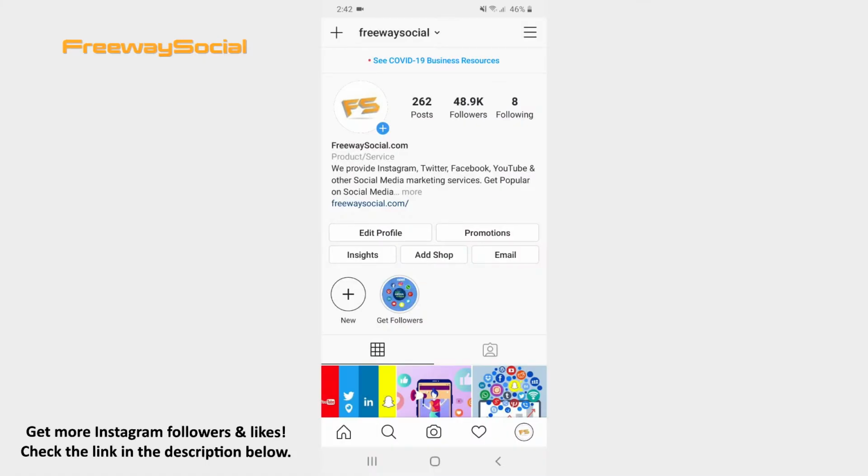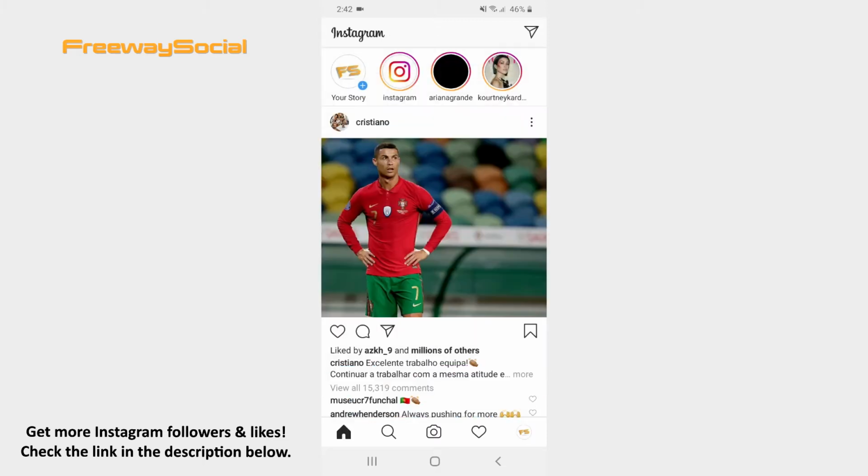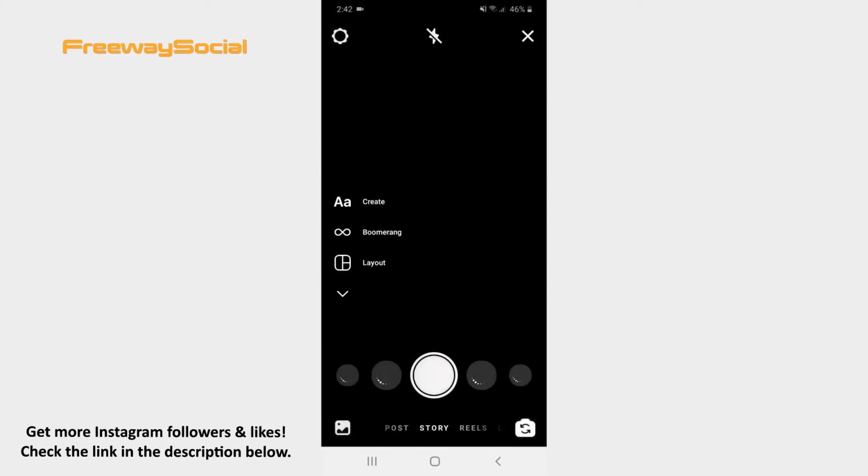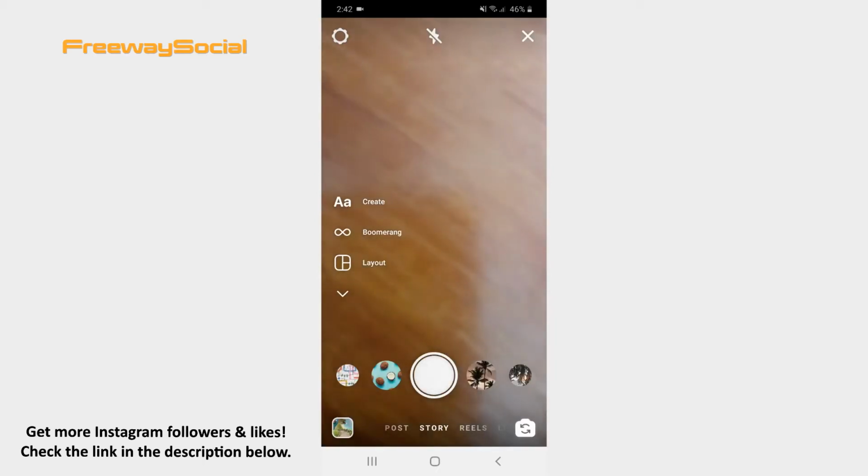Instagram Reels feature lets you make videos applying your filters. Follow these steps and you will figure out how you can use them. Log into your Instagram account and go to the Home tab. Swipe right or press on your story in the upper left corner. Hit Reels at the bottom of the screen.